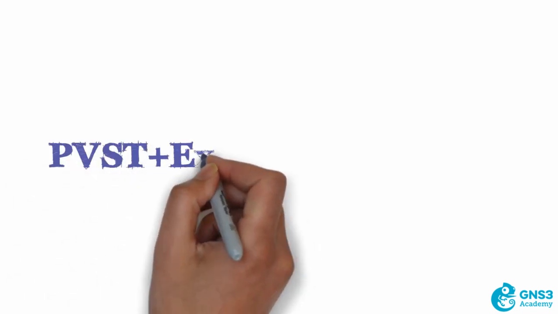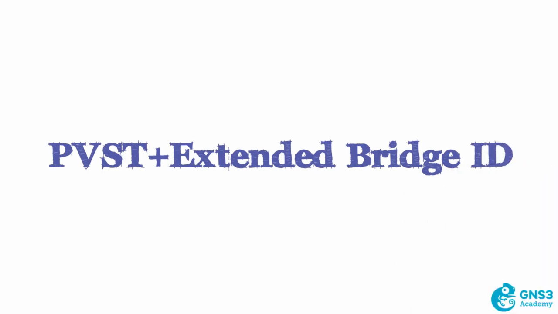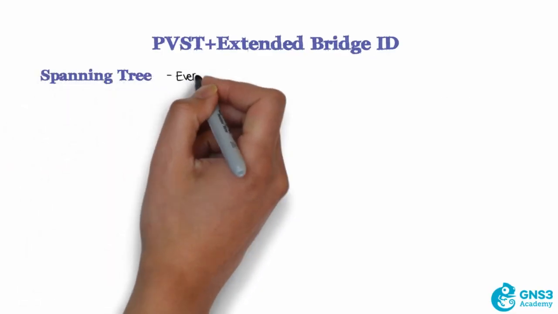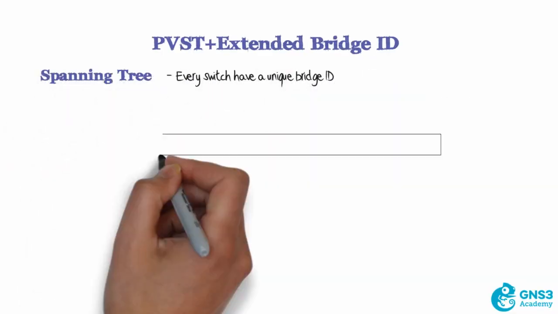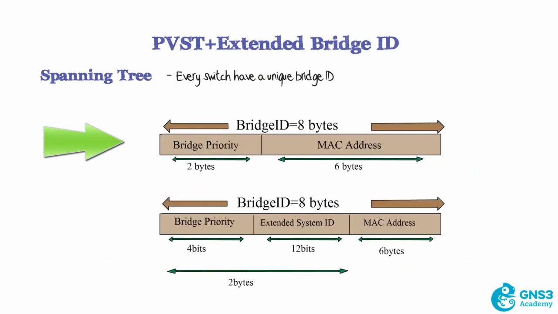So what is a PVST Plus or Rapid PVST Plus Extended Bridge ID? Now, spanning tree requires that every switch have a unique bridge ID. In the past, this simply consisted of the bridge priority and MAC address. So the bridge ID consists of 8 bytes, with 2 bytes being the bridge priority and 6 bytes being the MAC